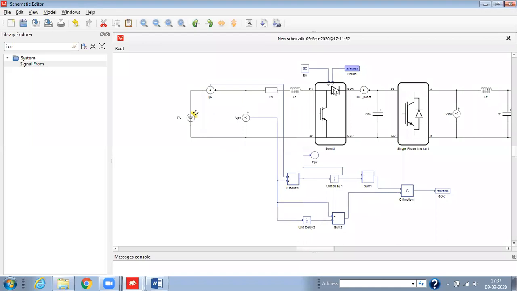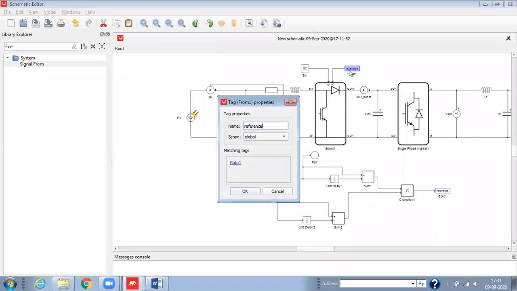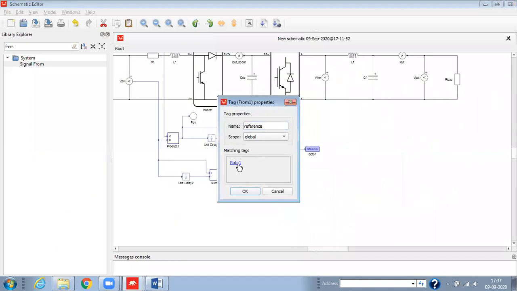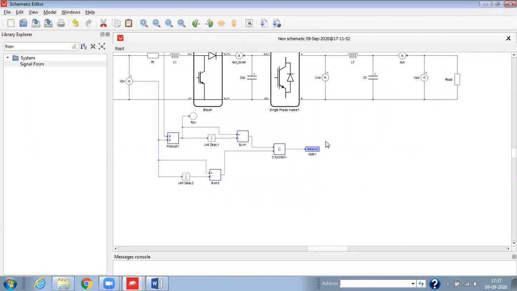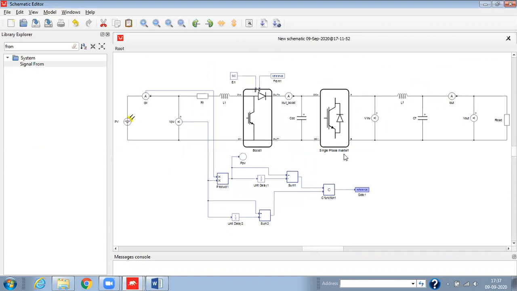Now we'll click OK. If we double click on this, we can see the matching tags. Now you can see that we have the matching tag. If we click on this matching tag, it will automatically go to the system from where the signal is coming.